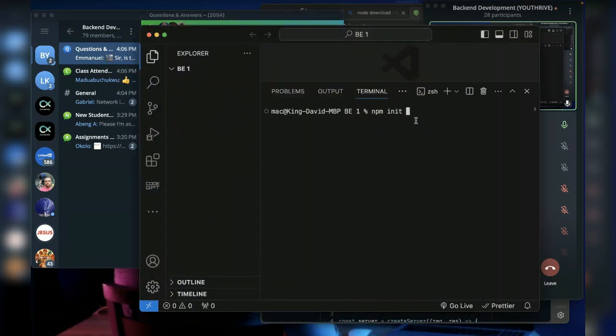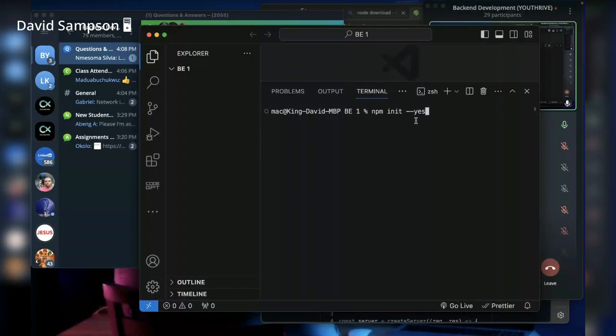I will just type hyphen hyphen yes. So if I hit hyphen hyphen yes, yes means I am saying yes to all the questions npm will ask me. So keep everything default and just go ahead and create the package.json file. So this is what this means. npm init --yes. I am saying yes to all the questions that npm will ask, and I'll just create